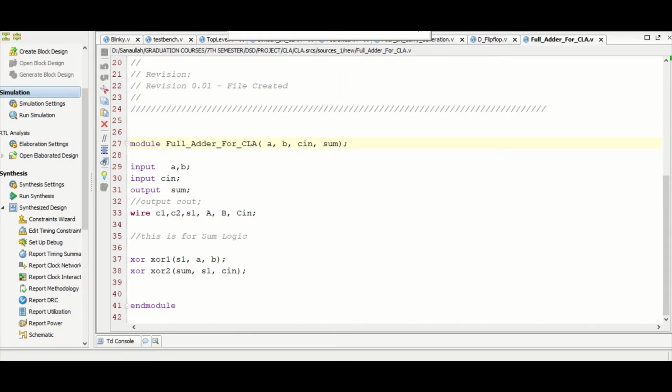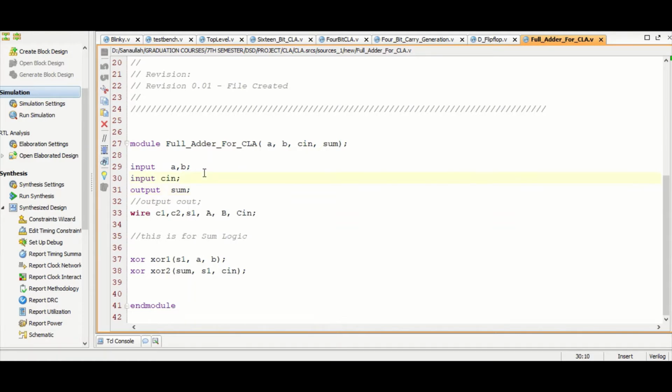Now I am going to describe the software implementation of the Carry-Look Adder. As I have already told you, we are using a modular approach. For this reason, we will use different modules for different designs. Starting from the full adder, as I have already discussed in my block diagram, this full adder will only generate sum, not cout.